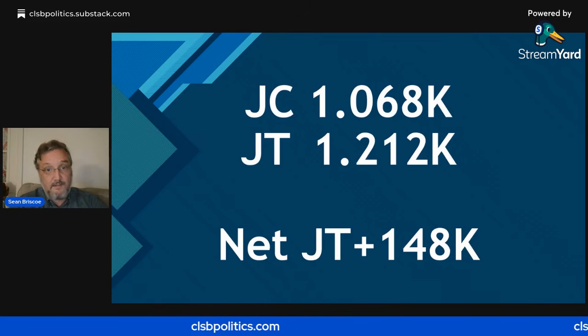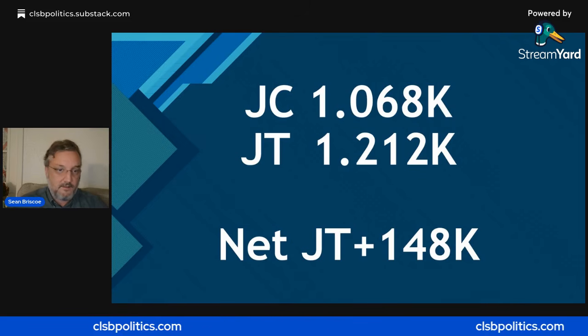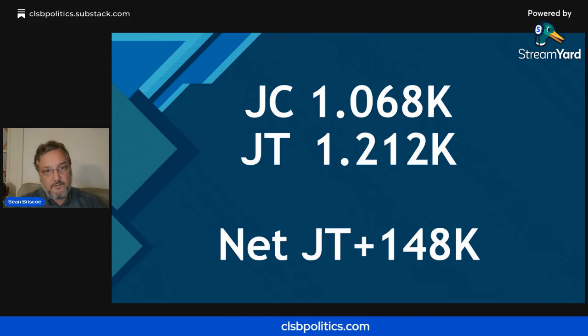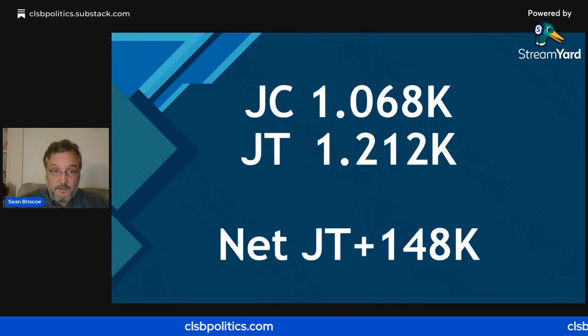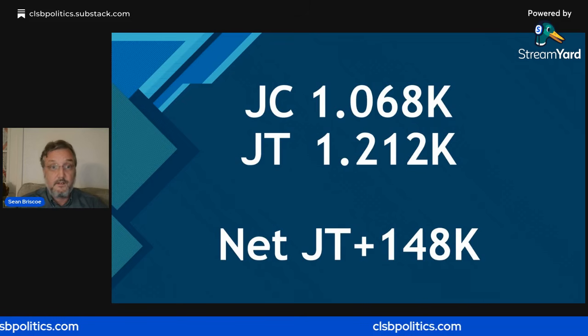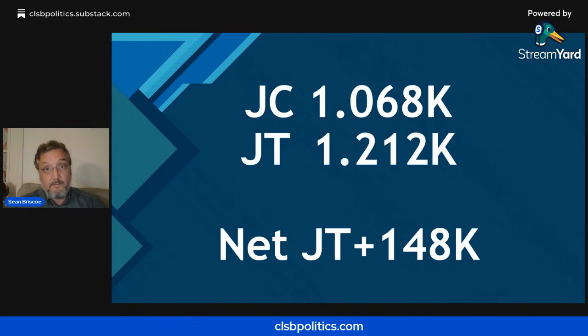So he netted overall, I didn't get down into the hundreds, but about 148,000 votes. And as I showed, 110,000 of those came from Travis County alone, which is really amazing when you think about the population differences between Houston, Dallas and Travis County. They're remarkably different.